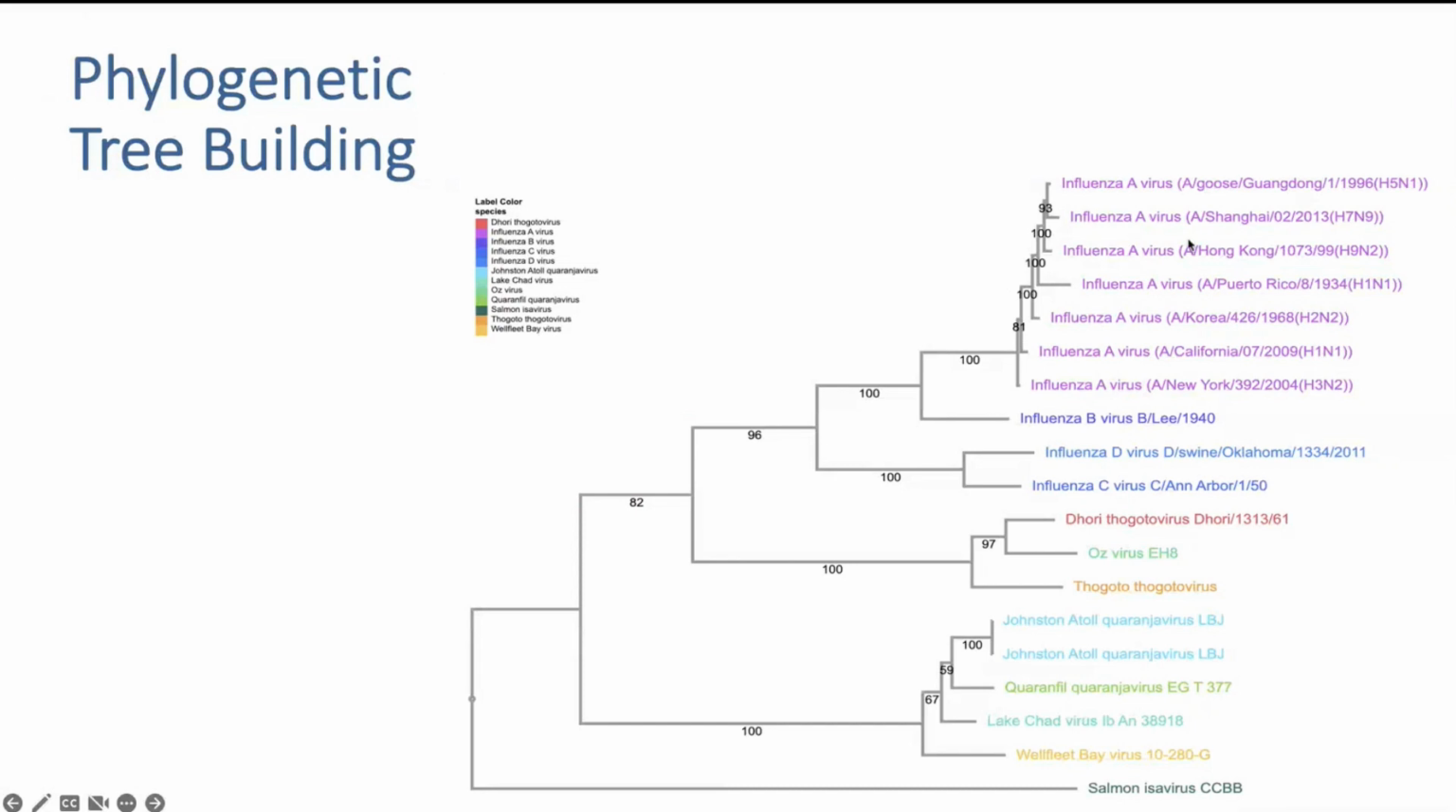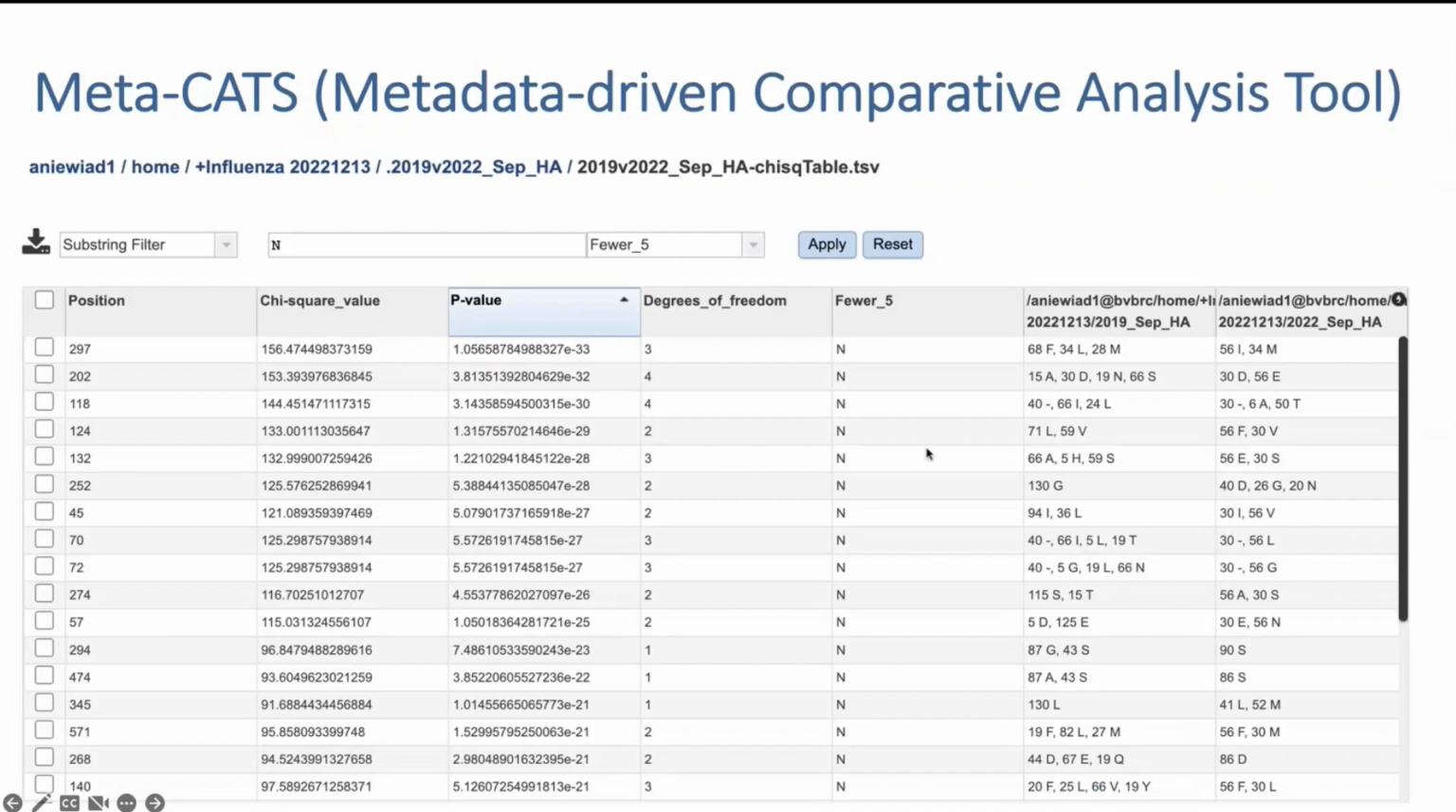And then you can customize your tree with a ton of different lovely colors that are based on the host metadata that are associated with the entries in the database. So you can color it, let's say, by species, by host, by year, and it's a really nice way to visualize your trees. We have our Metacats tool, where you can compare